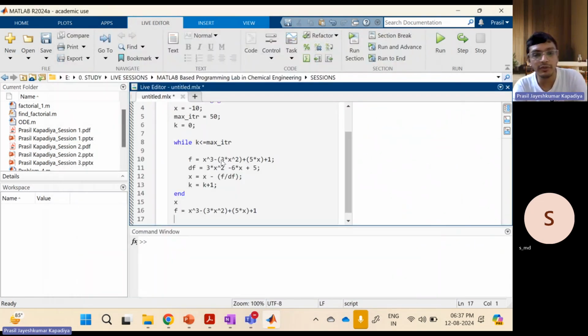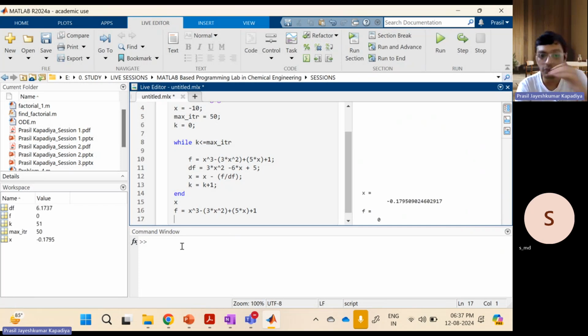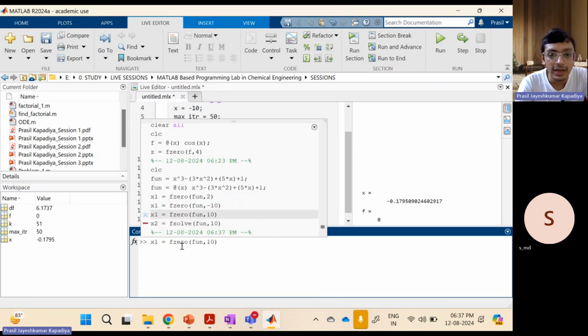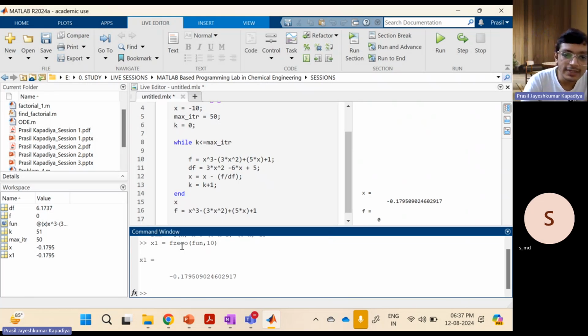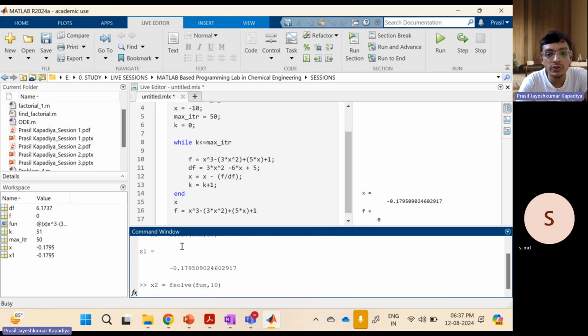I'm just copying that previous code and running it. So this was using my Newton-Raphson. Then this is my function and I want to solve it first using fzero. So this is using fzero. Now let's say I want to use fsolve and I am calling it x2. Using fsolve,